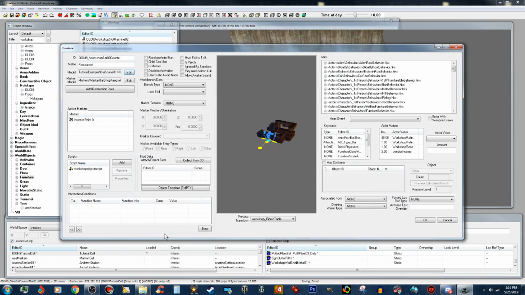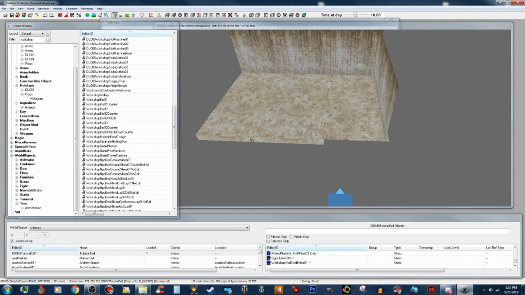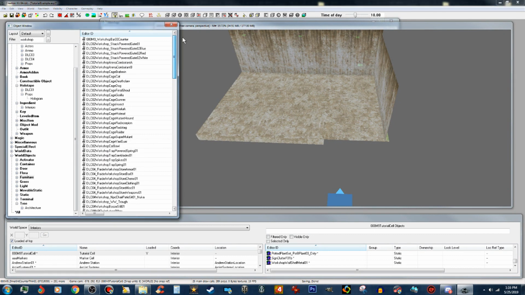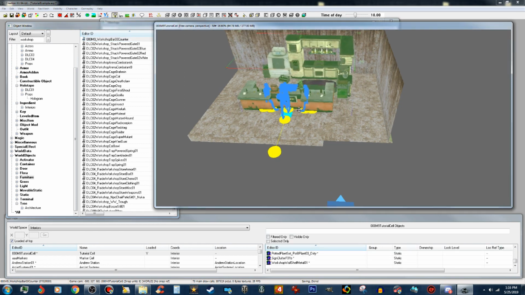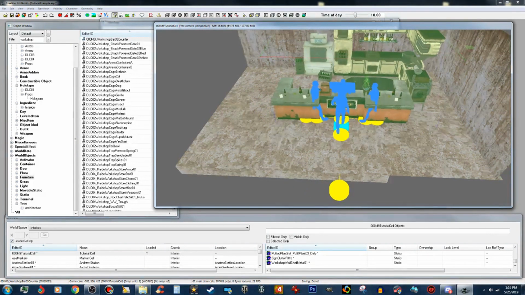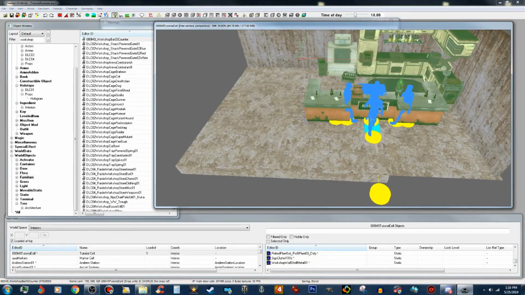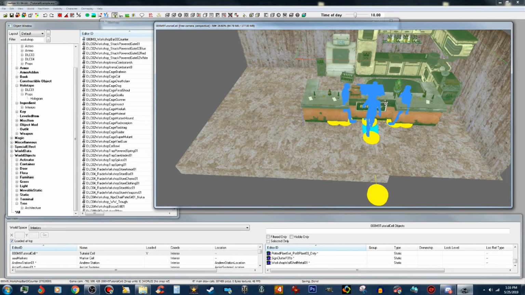Okay. So that's good, and that looks good there. Now we're going to check to make sure that everything works as intended. Now, that works as intended, but